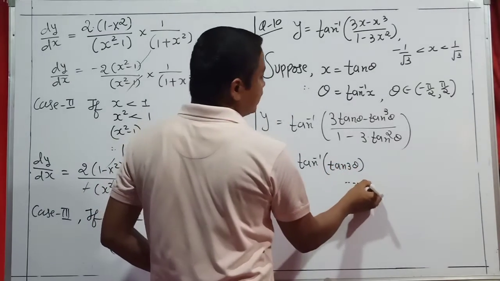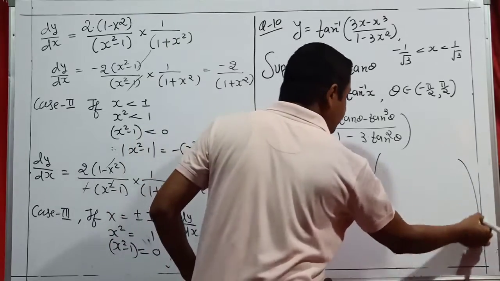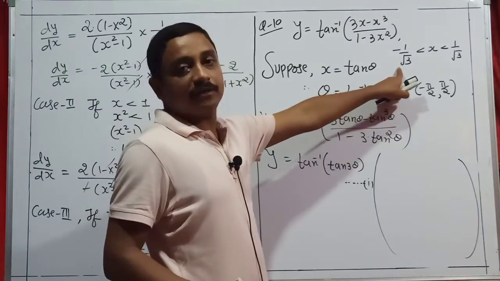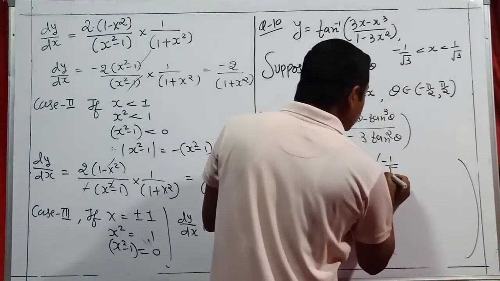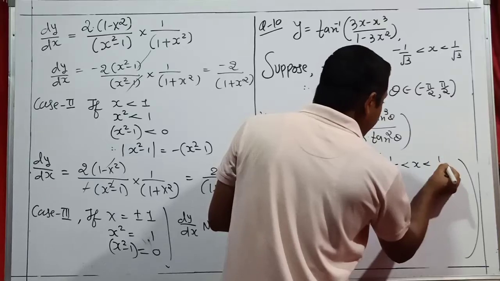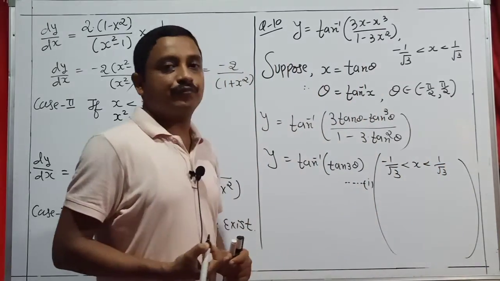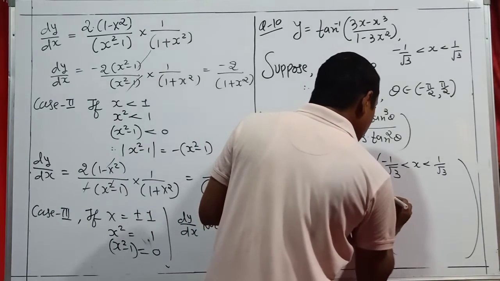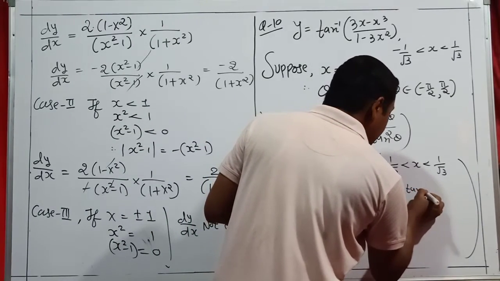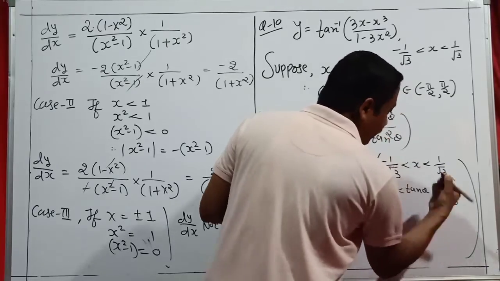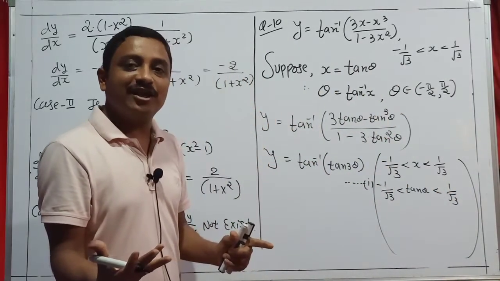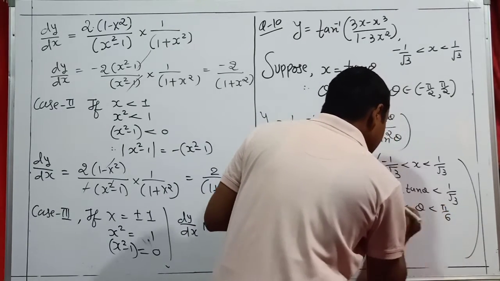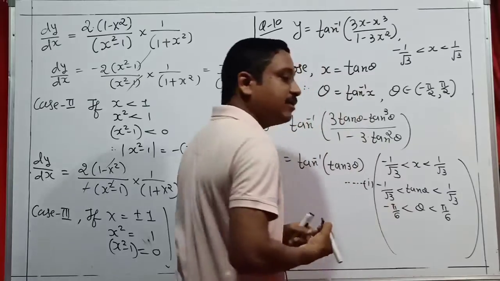And students, here you are making statement 1. Now I go to the condition. Students, the condition is necessary, you check it from the given minus 1 by root 3 to plus 1 by root 3. So x is tan theta, so minus 1 by root 3 to tan theta to plus 1 by root 3. Now at how many degrees is tan equal to 1 by root 3? Yes, 30, pi by 6. Here minus 30, minus pi by 6.